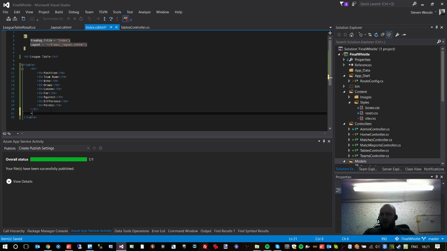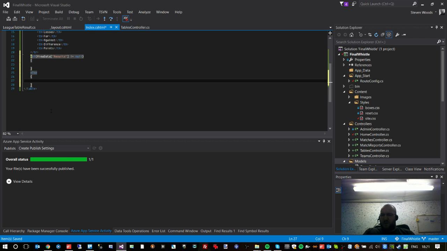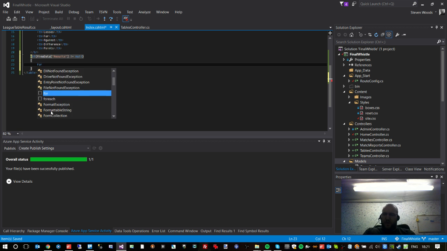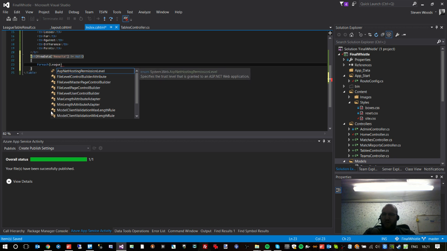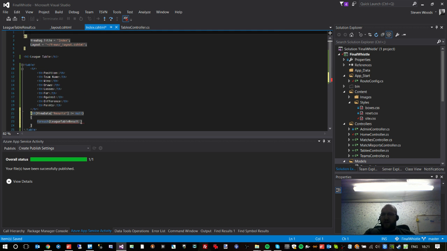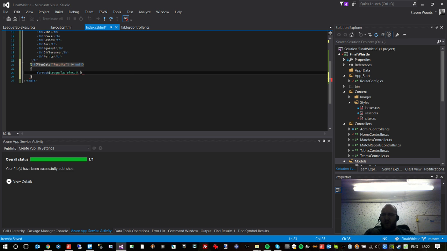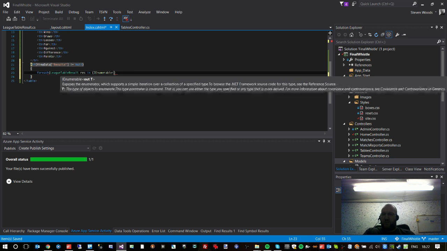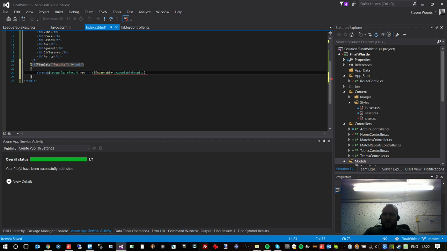So we'll say if view data results is not null, then we'll do the following. Else, I will just leave the else. So for each one, we'll say for each, and it is a league table result. Again, we need to add the using in here, Final Whistle dot Models, so it knows what we're talking about. So for each league table result, res, in IEnumerable of type league table result, view data results. So basically just a standard thing to loop through all of the different league table results